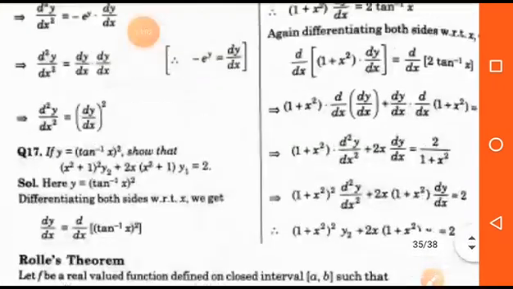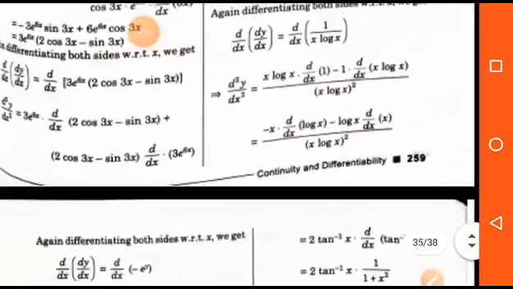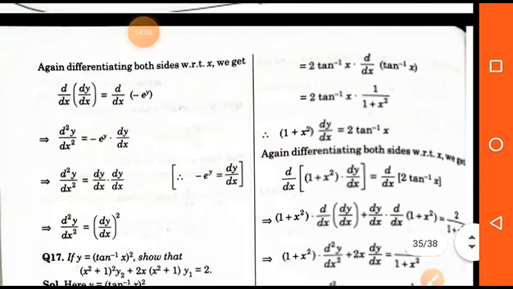So you can easily put the value of this differentiation. Now students, these are the second derivative. Clear? Okay students, now we will discuss two important